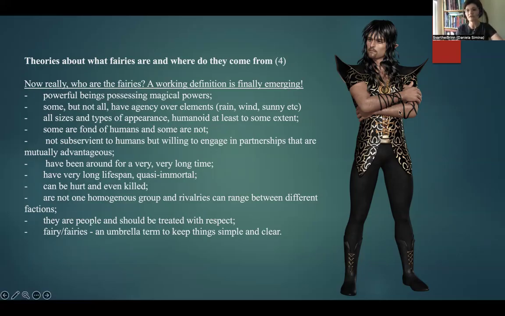He has some leather straps wrapped around his hands. I don't see anything useful there, probably just for design, or who knows, maybe it's a magical amulet. And he has this massive golden chain with a big pendant around his neck. He has long hair, a little bit of a beard and mustache, and you can see a little bit of pointed ears, which we're going to discuss in more detail shortly.